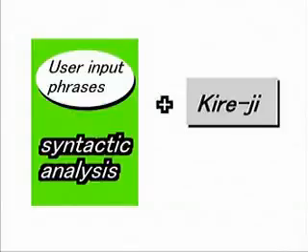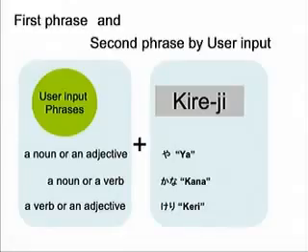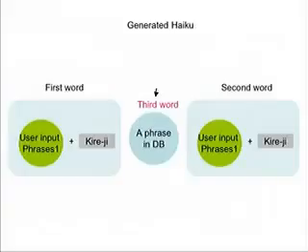The kind of connectable kireiji varies depending on the part of speech and the conjugation of the detected noun or verb. According to the part of speech and conjugation of the noun or verb, the system adds a connectable kireiji to it, thus composing 2 haiku-like phrases. Then the system composes a third phrase that would fill the vacant phrase of a haiku by carrying out a